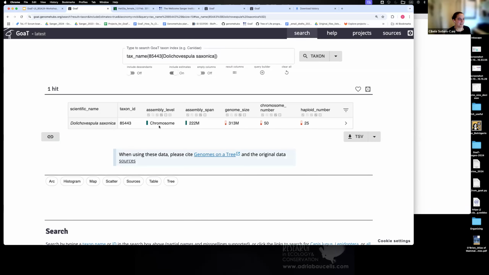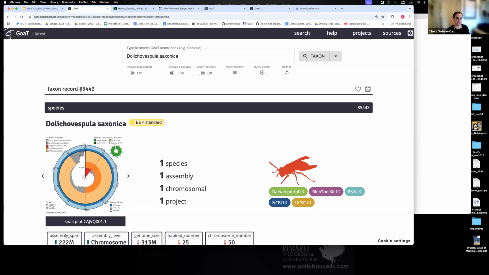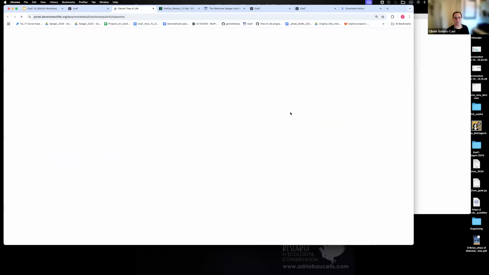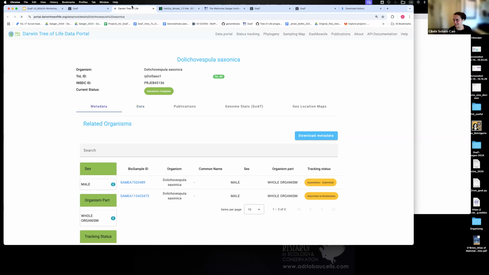If you expand this, you'll get to the records page for the species. Then there is the link for the Darwin portal here in this case. In the Darwin portal, there will be the link for the QC and all of the data that is available.